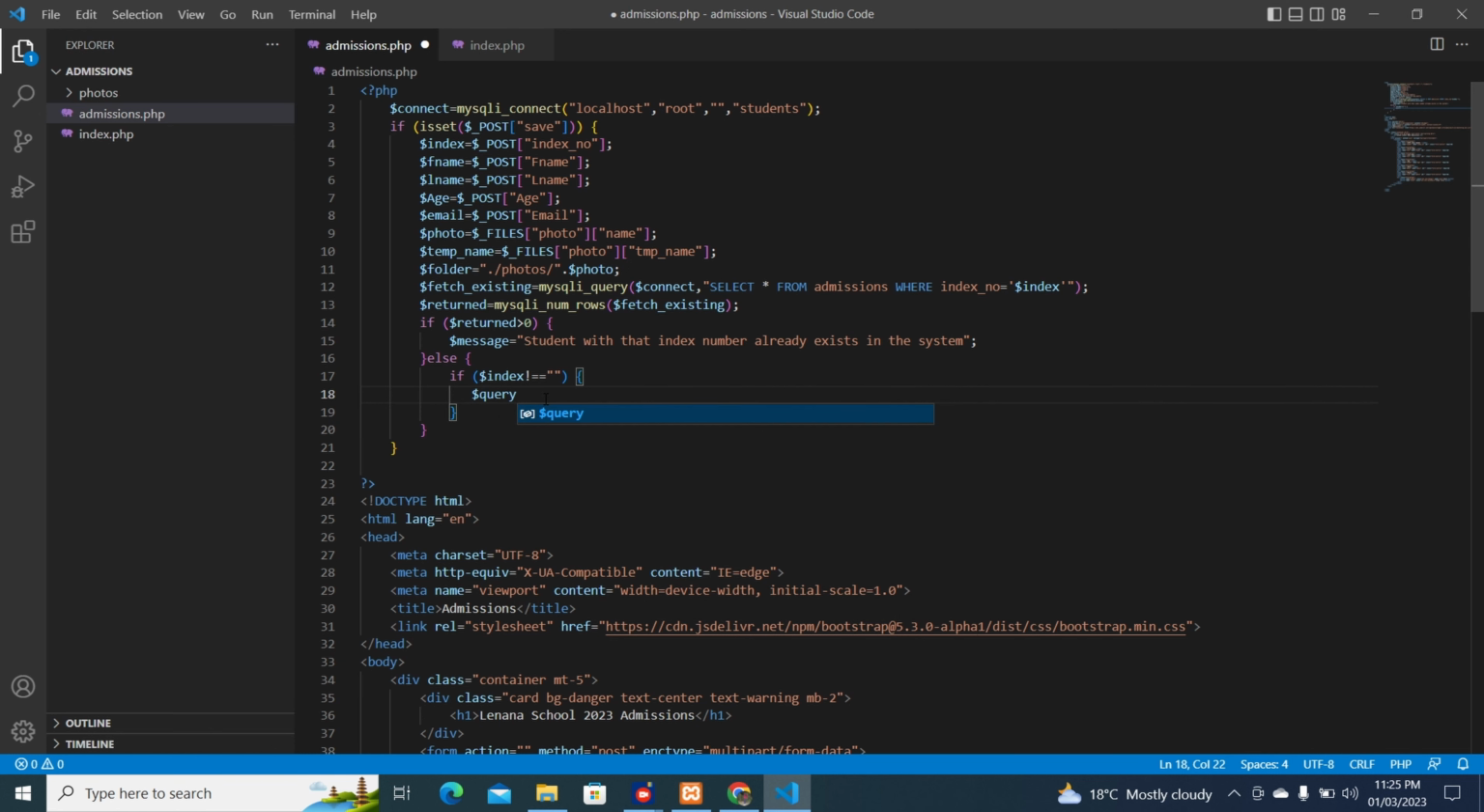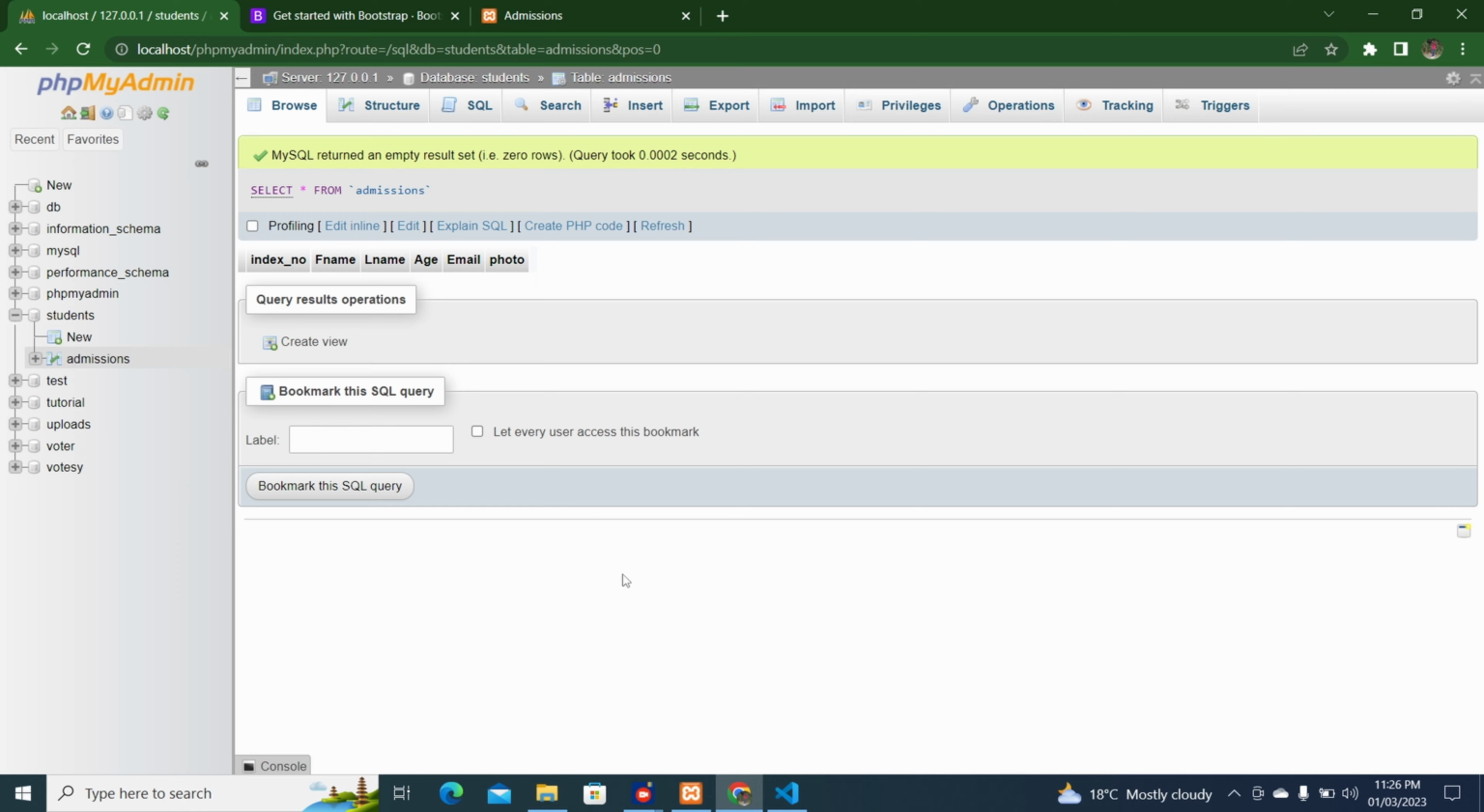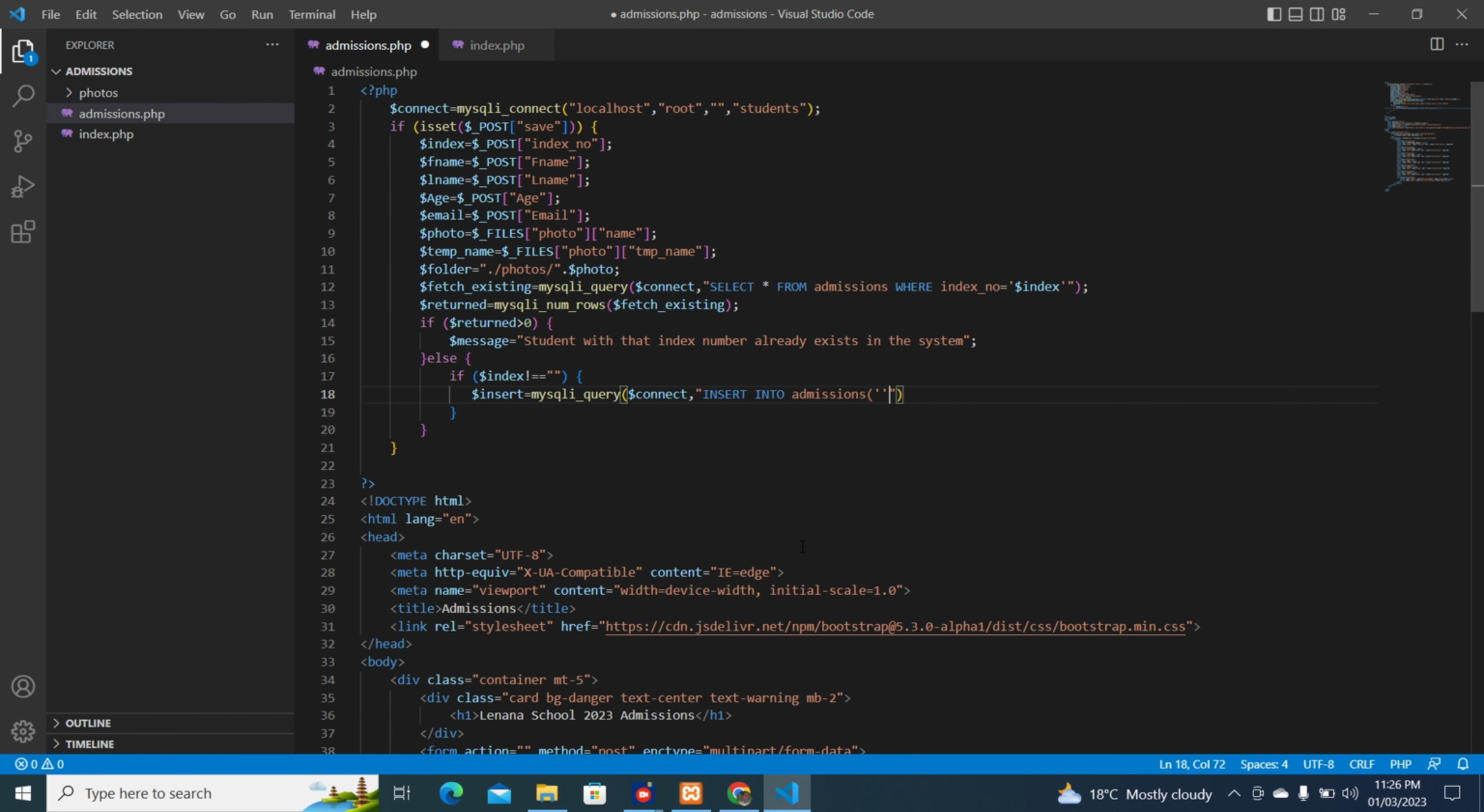A query equals to, or let me just identify it as insert student equals to mysqli query, it's picking the parameter connect, and now the message: insert into the name of our table, which is called admissions, and then we need now to check our columns. We have index number,